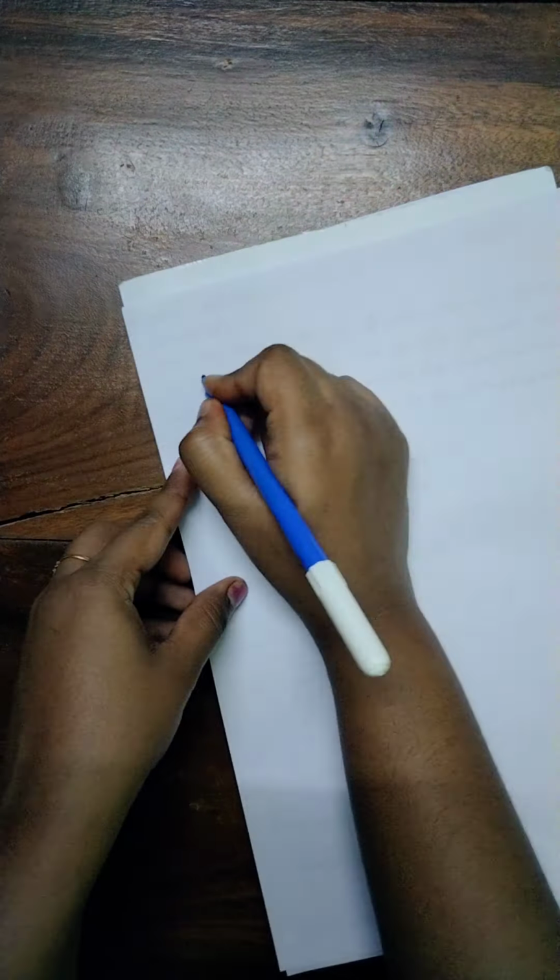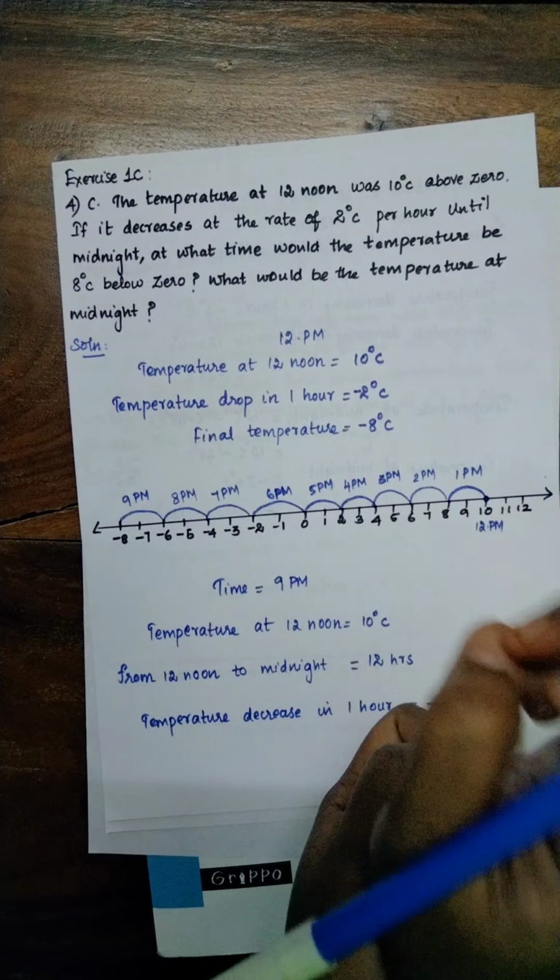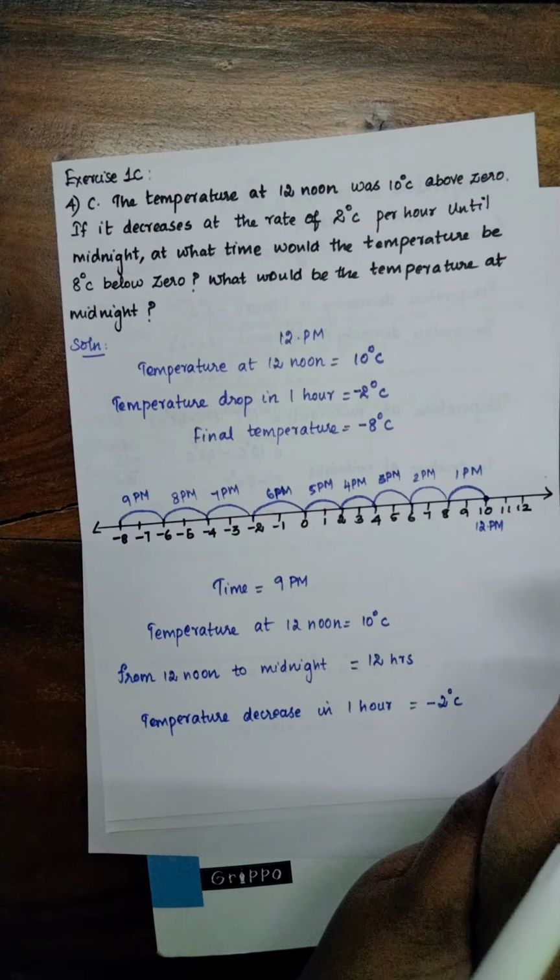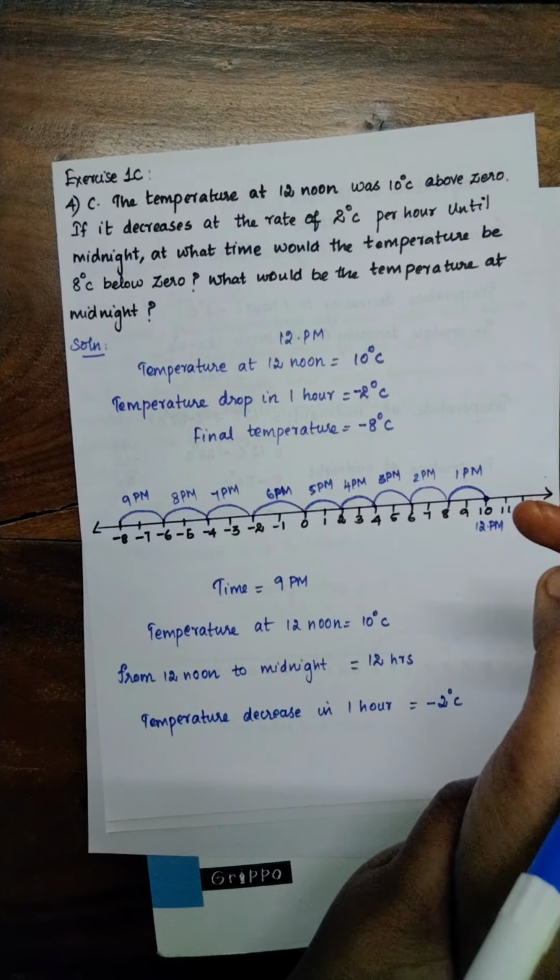Both are similar methods, but in the first question we found the time taken. In this question we have found the exact time. That is the only difference. Others are all the same. Okay, revise all the problems and write them in your notes.